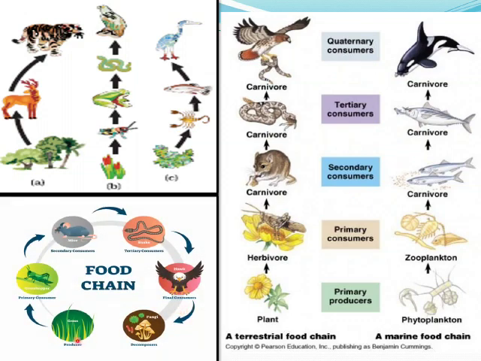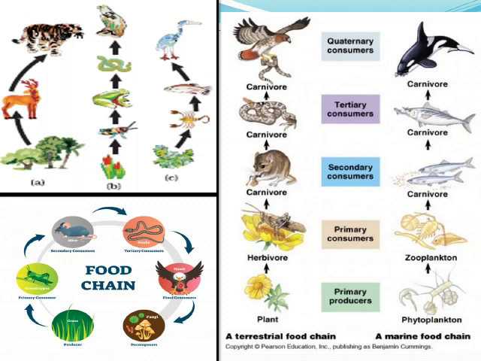One more food chain we can see here. Grass is eaten by grasshopper, grasshopper is eaten by mice, mice is eaten by snake, and snake is eaten by the final consumer, that is hawk. Then what is next? After hawk, there is nothing, no higher level living organism to eat this hawk.